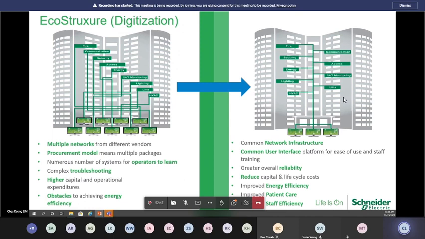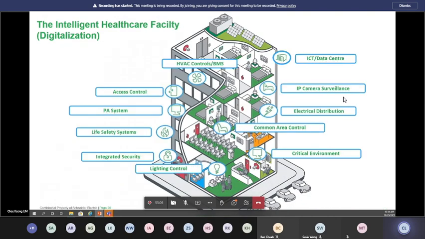So when we move on with digitization, we are not only talking about digitizing systems, we are talking about connecting the systems. That's pretty much entirely what we mean by digitization. Now the question here is, if we have done that, and we are able to do it like what the next slide is showing, with all these systems connected together within one network, does that make your system or the healthcare intelligent?